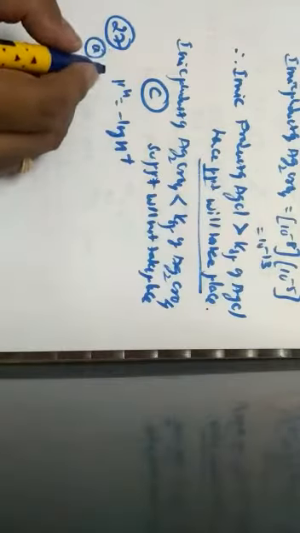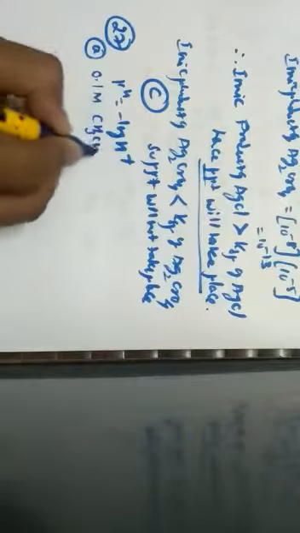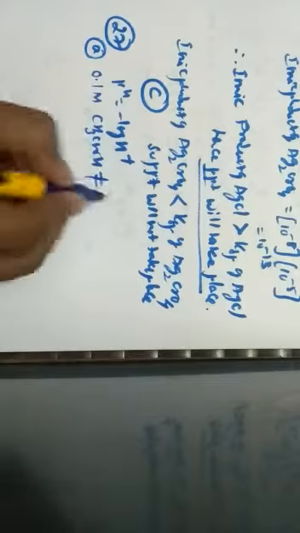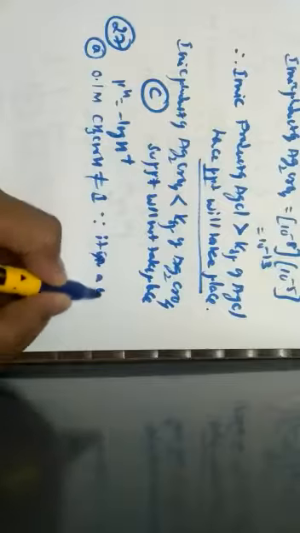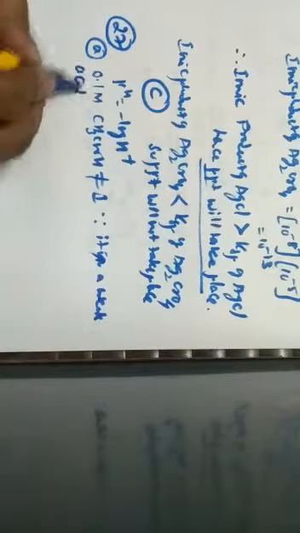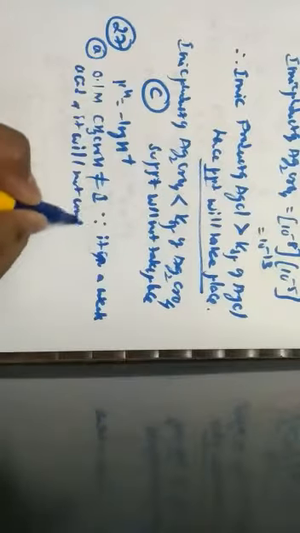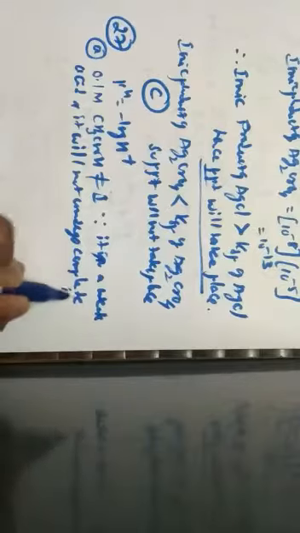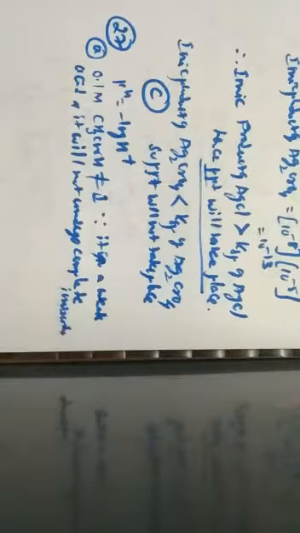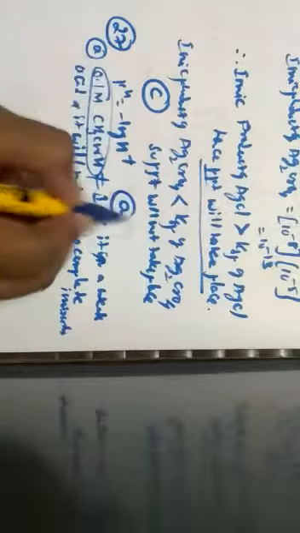So when it comes to 0.1 molar of acetic acid, the pH is not equal to 1, because it is a weak acid. So when I take that it is a weak acid, the weak acid will not undergo complete dissociation or complete ionization. Here the question is the pH of which one of the following is not equal to 1. Hence the pH of acetic acid is not equal to 1, which is given by option A.